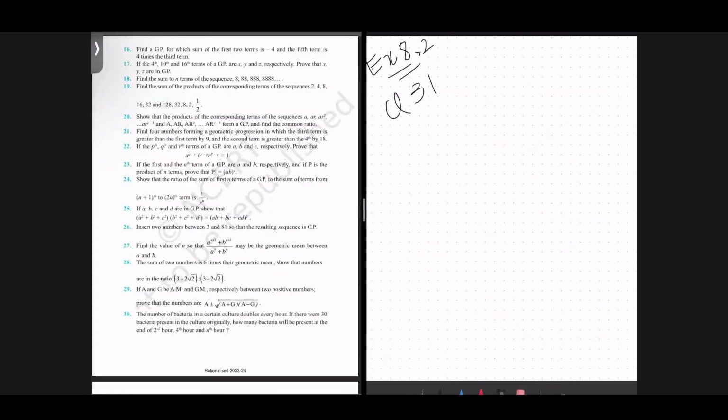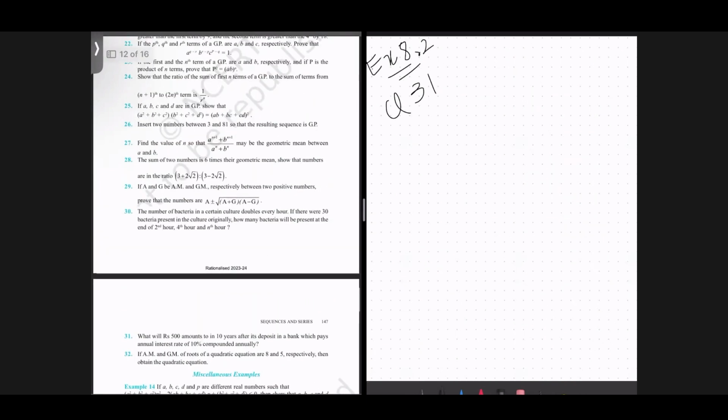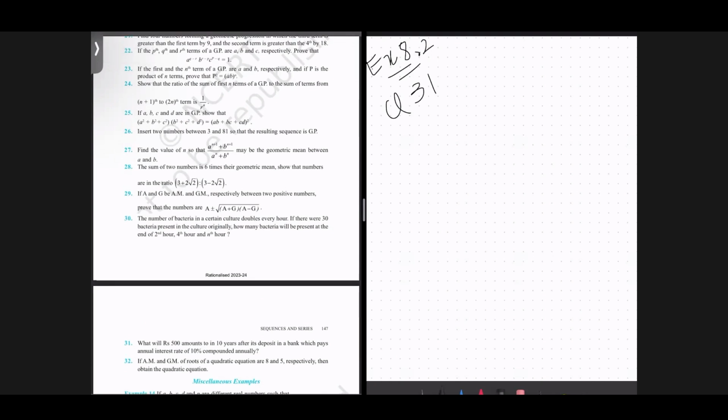Moving on, question number 31. We have been asked, what will 500 amount to in 10 years after it is deposited in a bank which pays annual interest of 10% compounded annually? Correct. So the amount that we are going to deposit, the principal, is going to be 500, right? And so let's do this, right? At the start of the 0th year, we deposit 500,